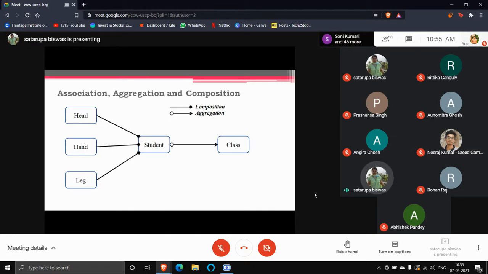With that, the head, hand and leg, these three classes are basically the composition of the student. So you can see how the composition is notified. Can you say which object, which class is dependent on whom? Is head dependent on student or is student dependent on head? Whose existence depends on whom?